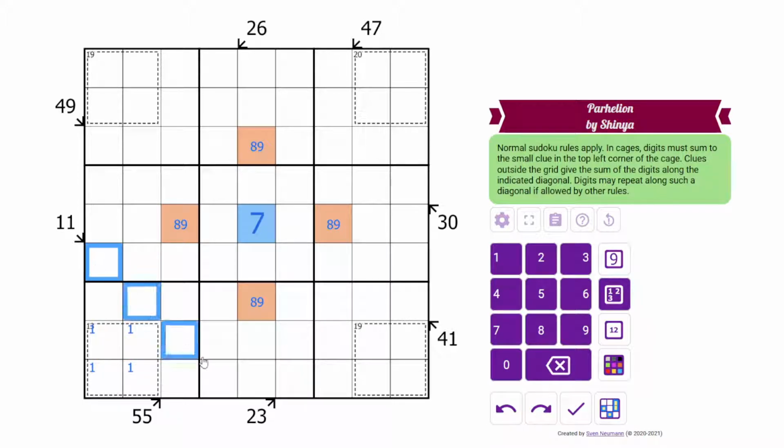Oh, this seems like it's an interesting diagonal to work upon. Oh, wait a second. Nope, I was going to say that this has to be shunted down in here, because you can't put an 8, 9 in a cage with a 1. Because if it's a 1 plus 8 is 9, the other two have to be a 1 and a 3 in order to make it add up. So even if this was an 8, this would add to 9, the other one has to add to 4, which can only be a 1, 3, and we already have a 1 in there. So